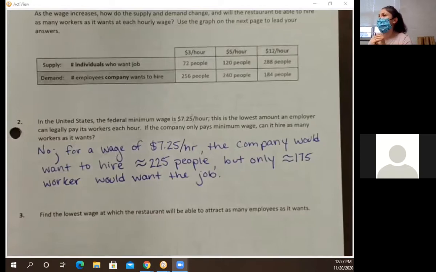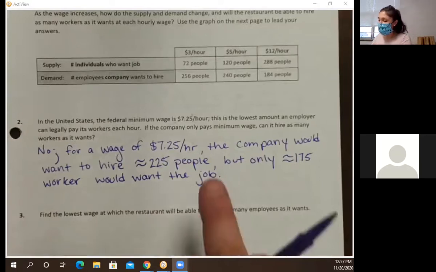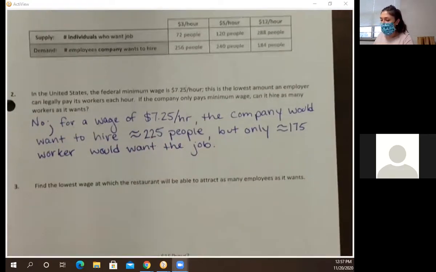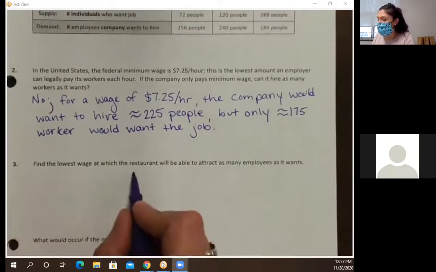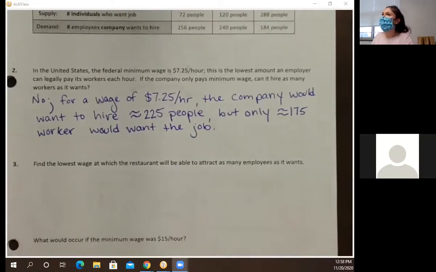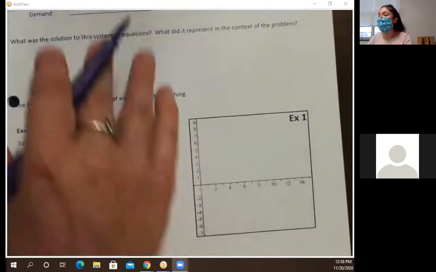That might be the ideal case. Yeah, those numbers would match, right? Ideally, this number and this number would be the same. So that's actually what we want to look at. What's the lowest wage at which the restaurant can hire exactly the number of employees that it wants, where I have the same number of people who want the job as they need? So if I flip back to my graph,